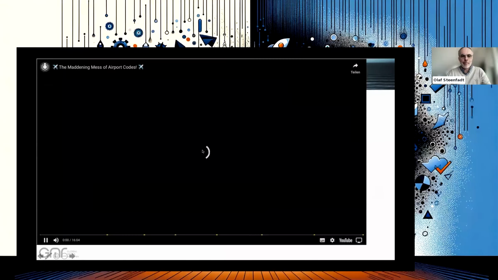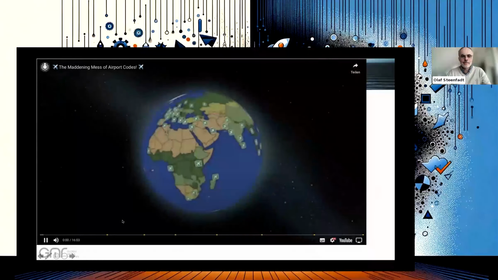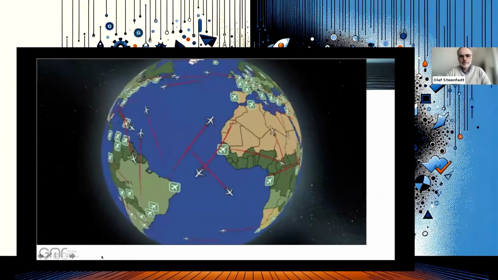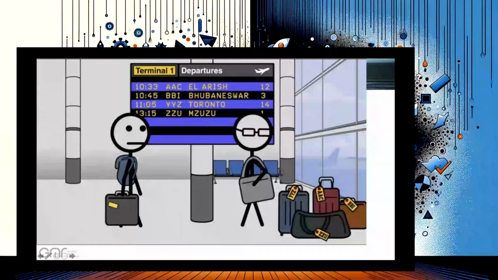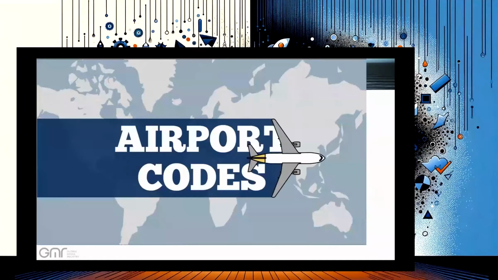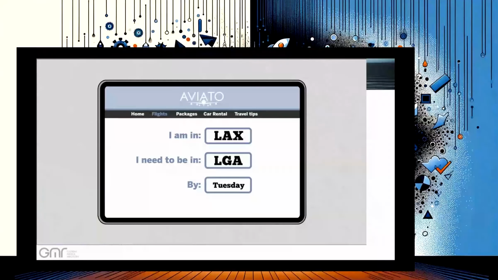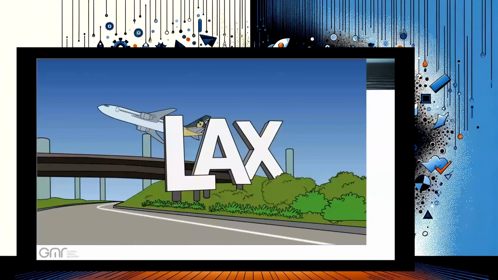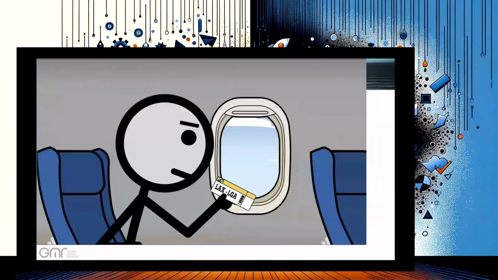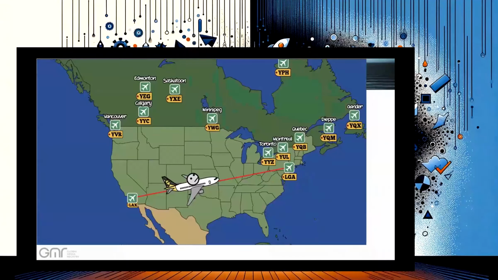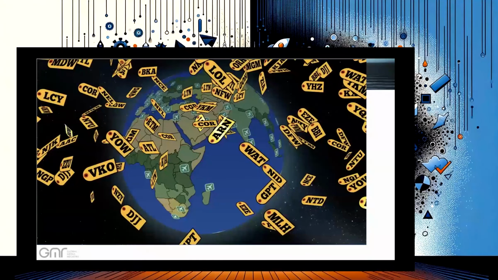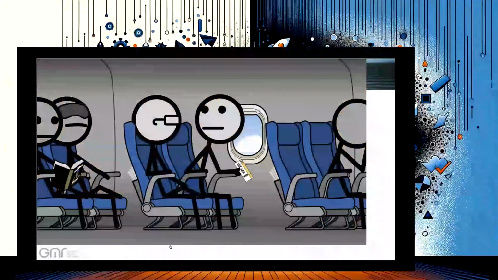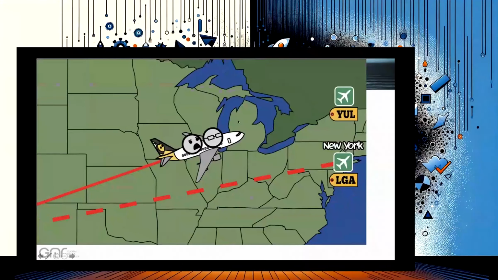Here we go. There are thousands of airports. To find the answer, we need to divert this flight to YUL, the Canadian city that's capital of codes, Montreal,